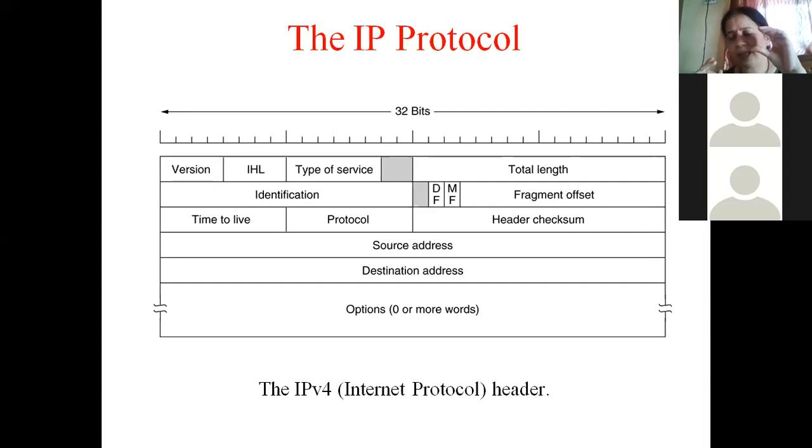Now for the first packet, the fragment offset will be 0 because it is the first one. For the second packet, the fragment will start. First 100 bytes are already there. So the second packet, the fragment will start from 101. The third packet, it will start from 201. The next packet, it will start from 301. The last packet, it will start from 401. This 101, 201, 301 is the starting byte where it should be fitted when it is being reassembled. That is indicated with the help of this field, which is called the fragment offset field.